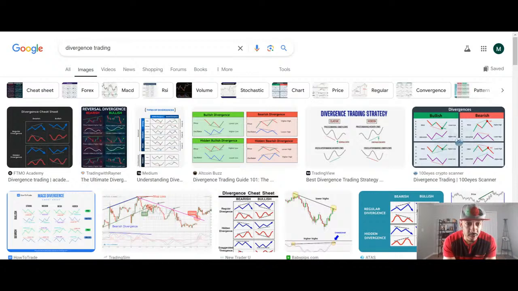So if you see this, a bullish divergence is when the stock is making lower lows and the indicator is making higher lows, or a hidden divergence, the stock is making higher lows and the indicator is making lower lows. And bearish divergence is the same thing, it's just the top of the stock is making higher highs or lower highs. So if we go back to the chart,